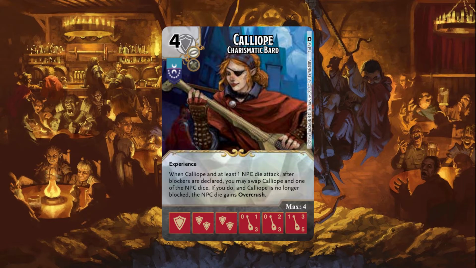So this card has a lot going for it, and one of the things that I want to mess around with right now is the idea of swapping an unblocked NPC with a blocked Calliope. Calliope becomes unblocked, and then we can just push a bunch of damage with her. And yes, I know what you're thinking, a 1, 2, or 3 attack side is really bad, but she does